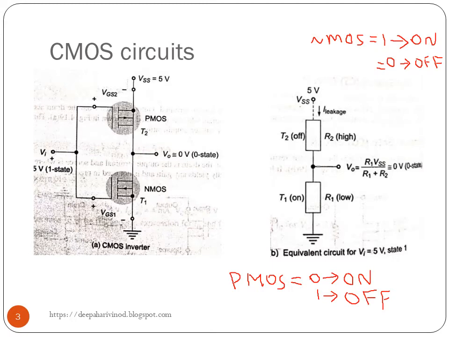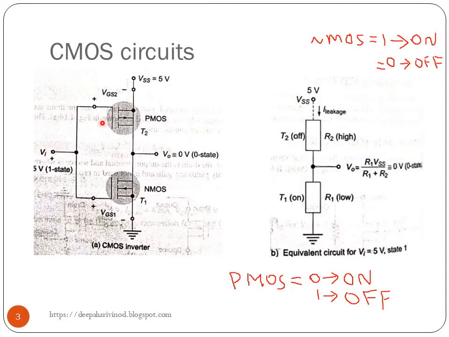The CMOS circuit offers two advantages: the drain current is very low and flows mainly during transition from one state to another, and the power drawn in the steady state is extremely small. Because of these two advantages, it is popularly used in digital circuits. And now let us see how the CMOS inverter works.